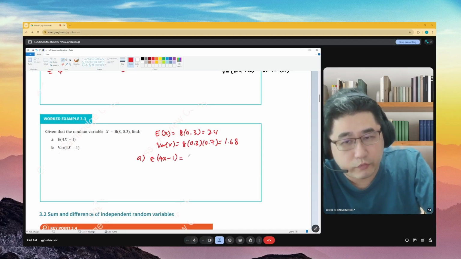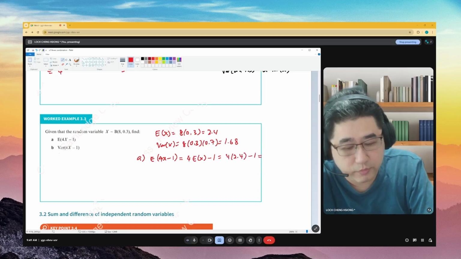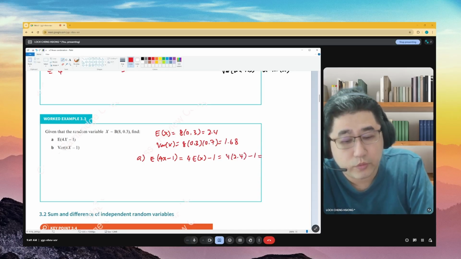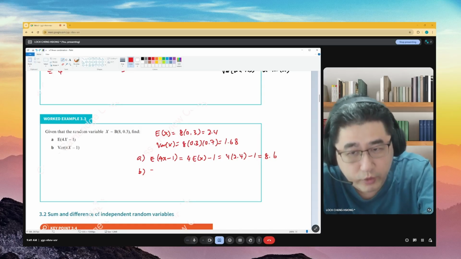So you have 4 times the expected value of X, minus 1. So 4 times 2.4 minus 1. As you can see, it's just a simple substitution. Then you have 8.6. And B, not the expected value, but the variance